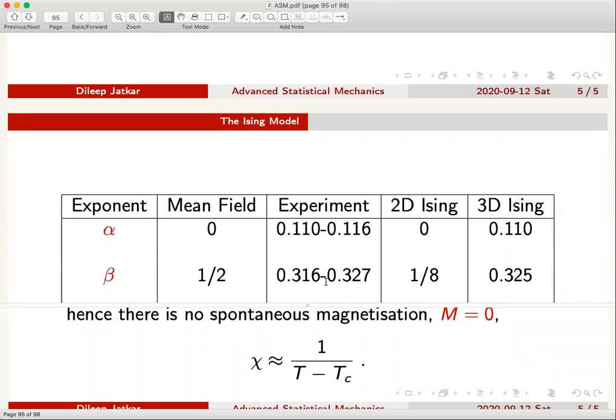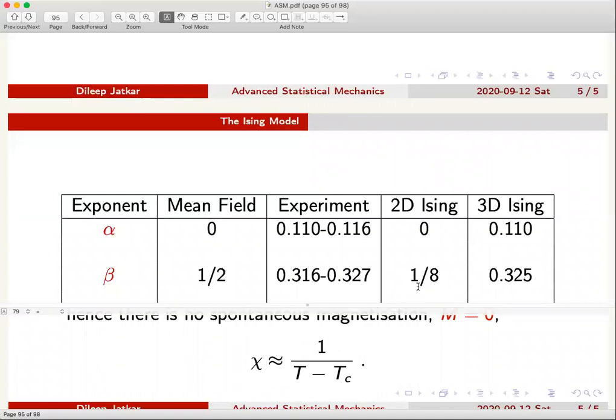But nevertheless, those defects in the system could affect the result. So when you do experiments, you do them with different systems, and different systems have different kinds of contaminations, and therefore they can give you a range of values. But if you don't like it this way, you could look at the average value within this range, and you could say that alpha and beta take values like that.